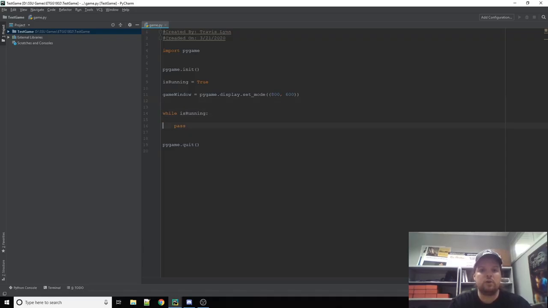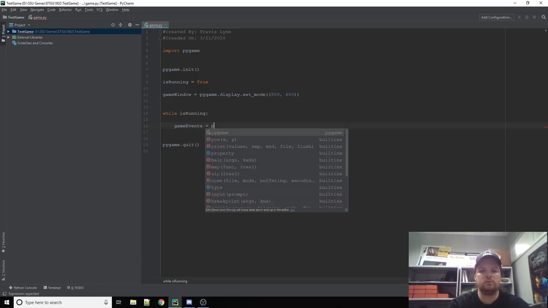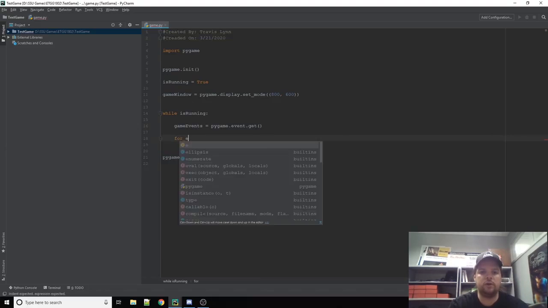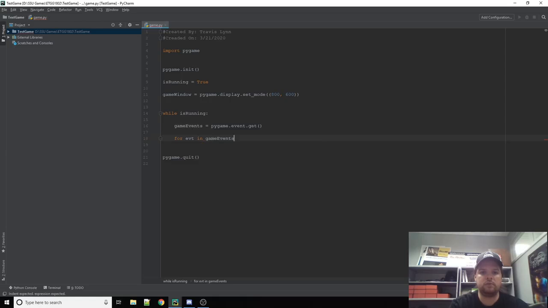Now we need to make sure that we can quit this with our inputs. So we get all that for it right now, but let's go ahead and make it where we can do these inputs in here. So I'm going to do events, or game events equals pygame.event.get, and that should give us all our events. Now we can go through a loop. So for event in game events, we can loop through